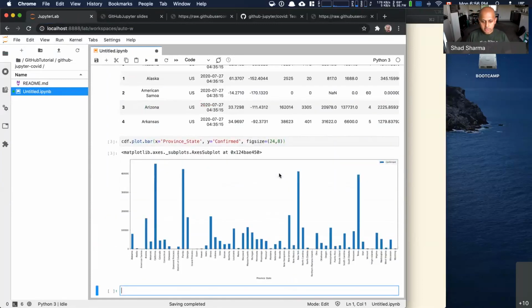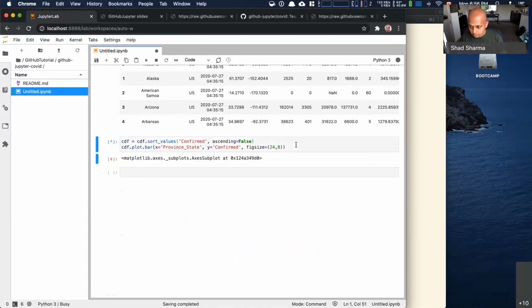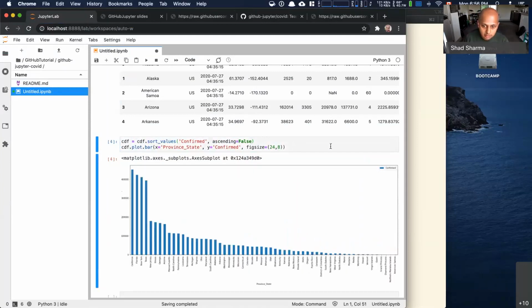So there's our plot, but I kind of want it sorted descending. So let's just say cdf equals cdf.sort_values by the number of confirmed cases, and we want it descending, so we'll just set ascending to false. So if we run this,